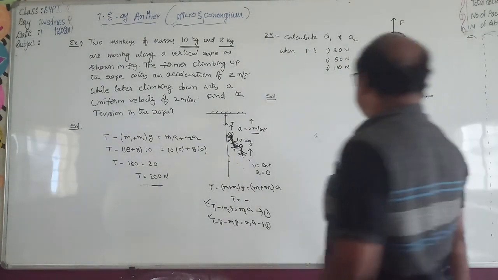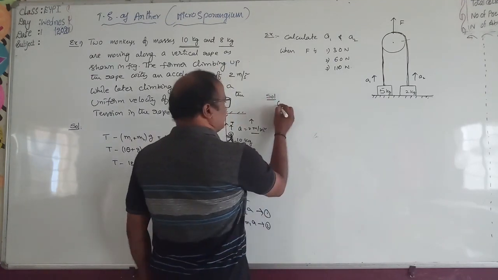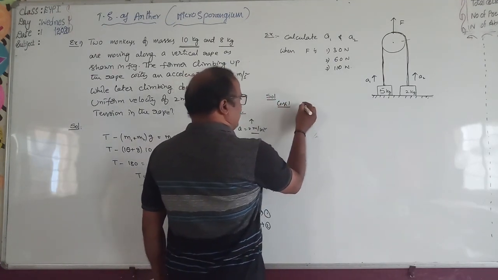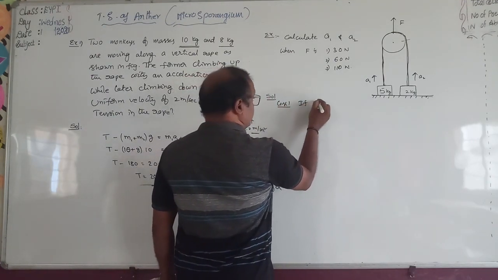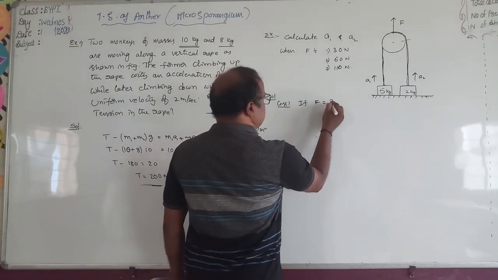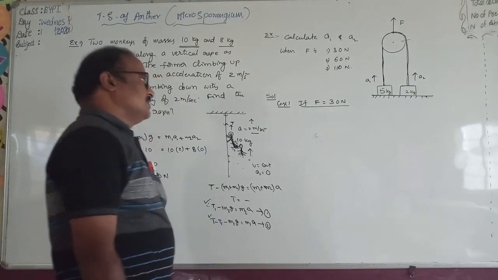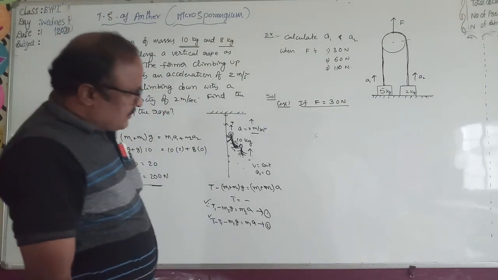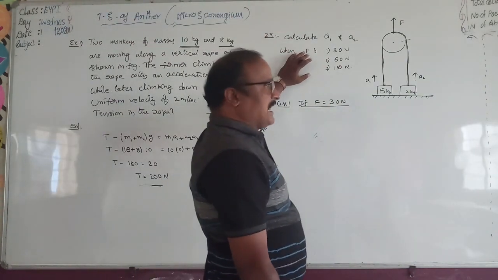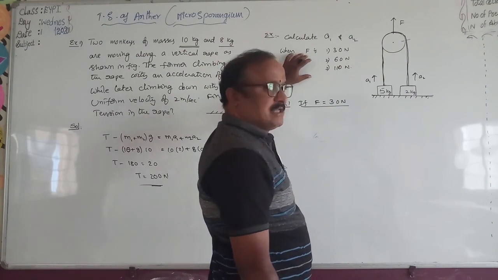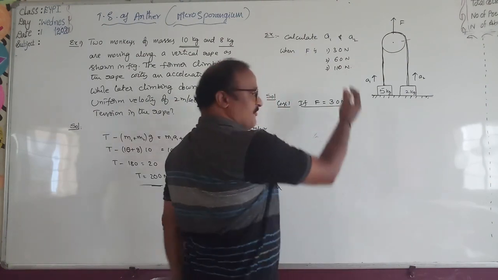Very clearly, see. In case 1, suppose the applied force capital F is equal to 30 newtons. So to find the values of A1 and A2, let us draw the free body diagrams of the pulley and also both the blocks. For the pulley,